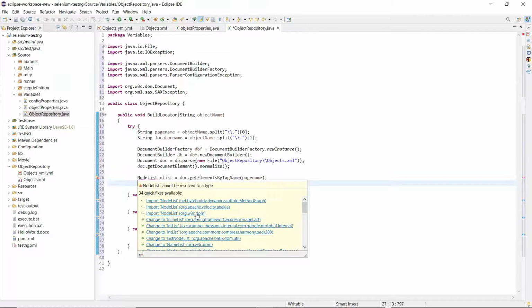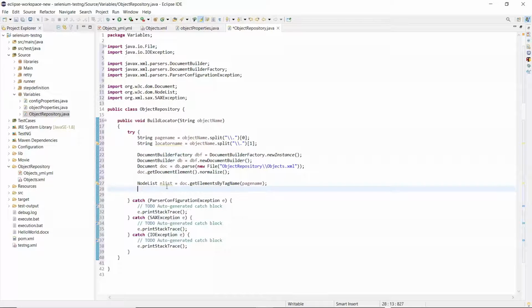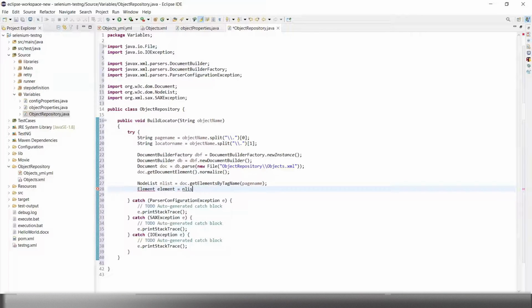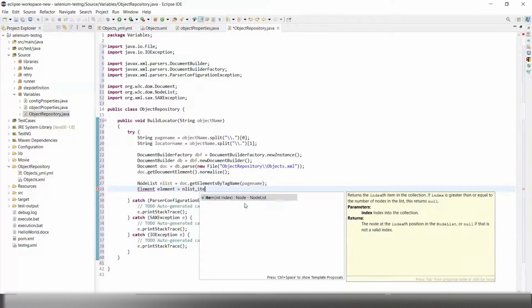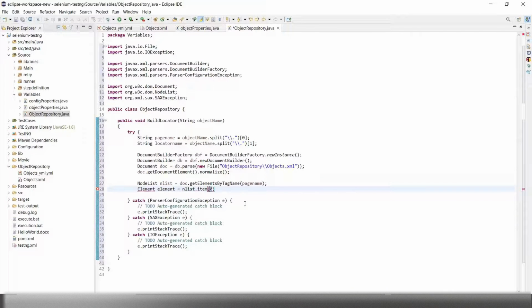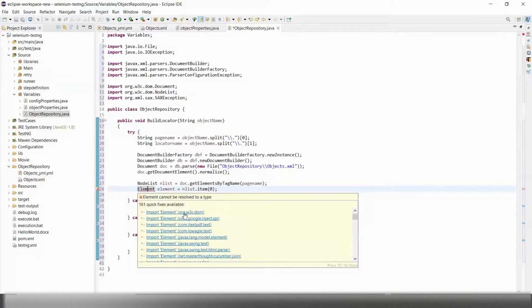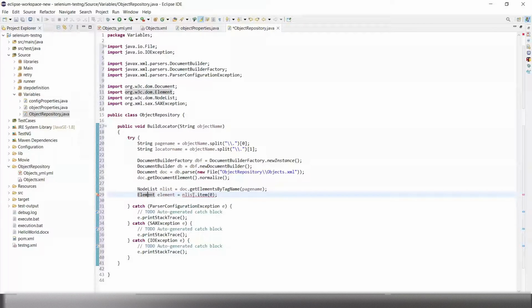Import the package org.w3c.dom.NodeList. Then create an Element object by using nlist.item. As we have only a single node in nlist, we can use the index value as 0. Import the package org.w3c.dom.Element, and then cast the node to the Element object.